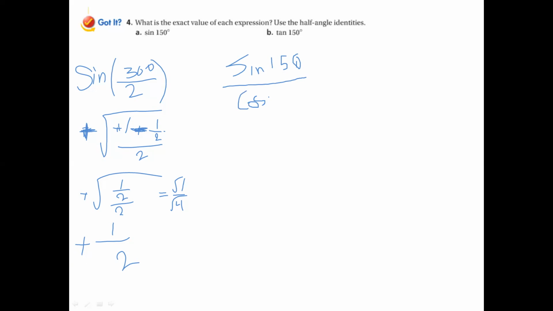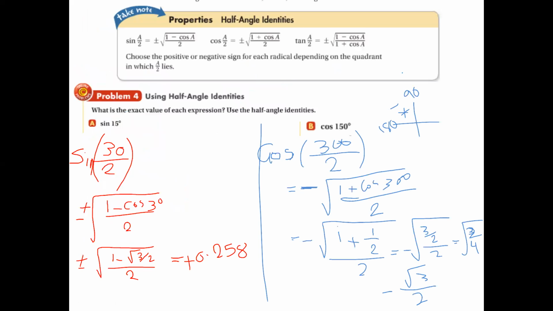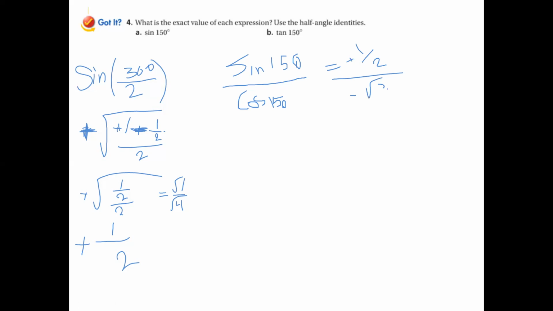Since I found both of them by now, I can divide sine 150, which is positive 1 over 2, by cosine 150, which is negative square root of 3 over 2. So I can say it is negative 1 over square root of 3. If I didn't find them, I can say that tan